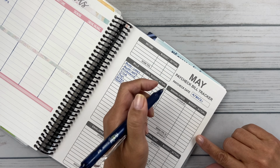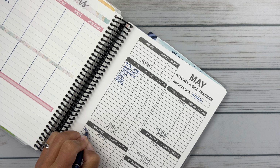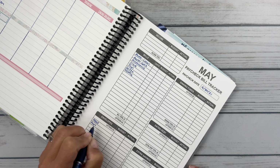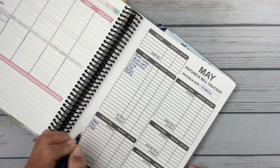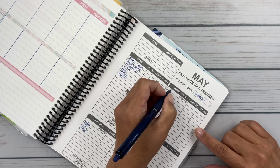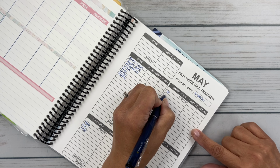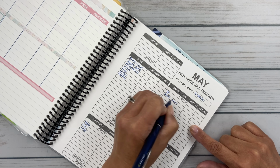And so then in my cash, I always do food. I do some fun money, like I said, giving the girls $10 to go to a game or something like that. And then food, fun, miscellaneous. And then here in the sinking funds, I just basically will transfer all of this stuff over. So there's always a direct deposit into the emergency fund. And then I'll have auto,